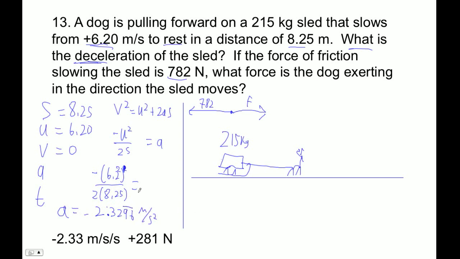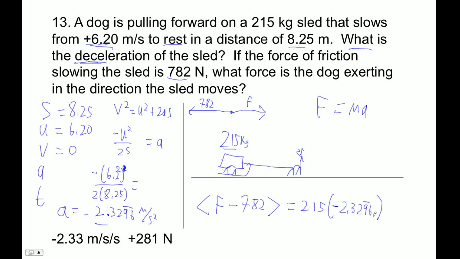Okay, so there's our acceleration. We've got the force here. We don't know that force. We know the acceleration. We know the mass. We're set. We're using F equals ma, and we go force, unknown force, minus 782 equals, what's the mass? 215, right, times negative 2.3296 repeating. Okay, so that times 215,